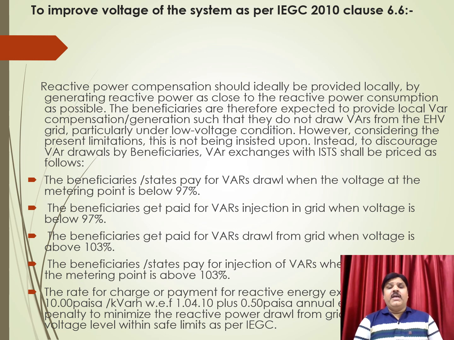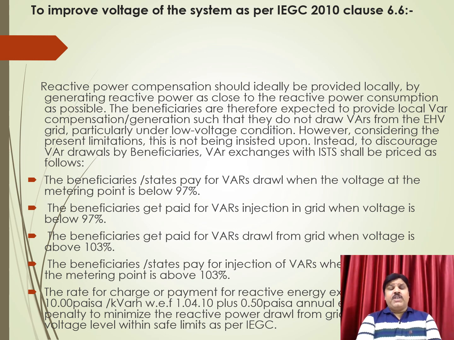Now we will see how to improve the voltages of the system. There are certain provisions of penalties in the Indian Electricity Grid Code. That is, if the voltage of the system is less than 3% of the rated voltage, for example if a 220 kV voltage level is there and the system voltage is running at 214 kV, then if any state or any utility draws reactive power from the grid, it will be penalized at the rate of